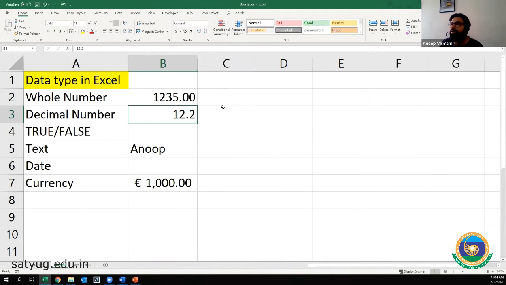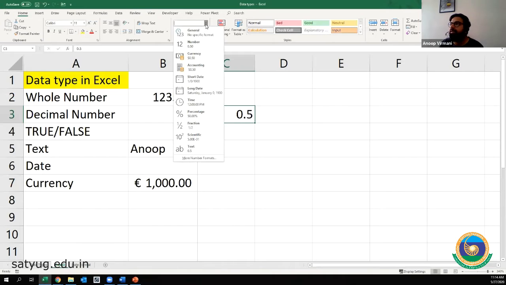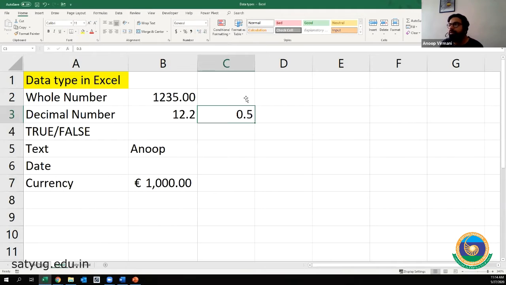And here we can also have a percentage like 0.5. Now 0.5, if I select, is either a number, can be converted into currency, but if you want it to be a percentage, you have the sign here, you write a percentage, it's 50%, right? So 0.5 is 50%, right? And 0.05 is 5%. Remember this. So for Excel, you have to be a little sharp in your basic mathematics understanding, right?